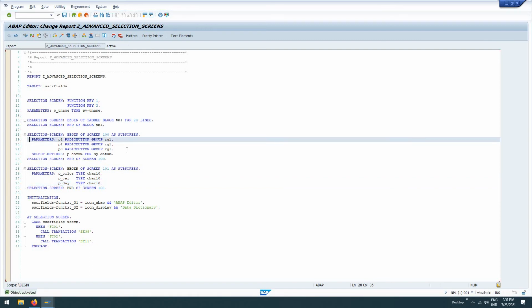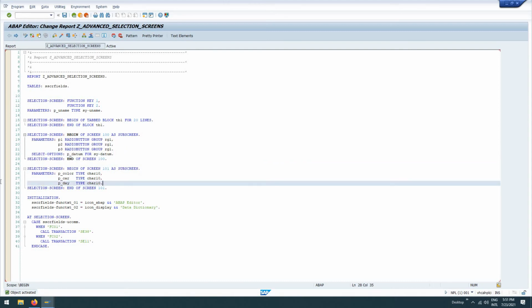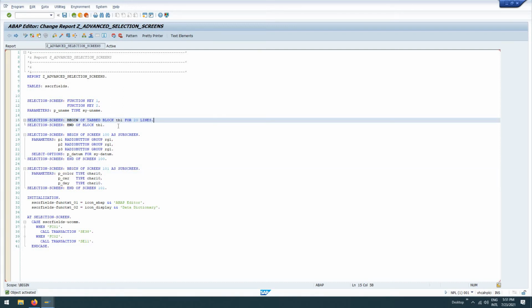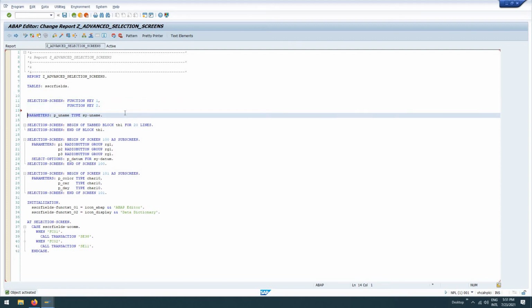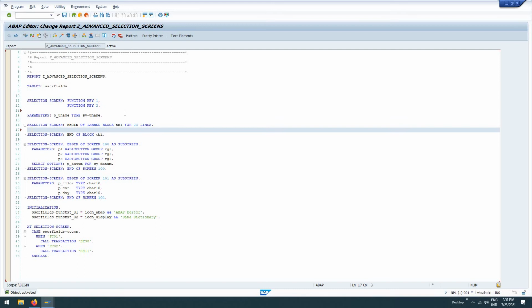One of them will have some radio buttons, and it'll have a selection for date. Then our second tab subscreen is going to have something for color, for a car, for a day, whatever variable you want in there, whatever parameter you desire. So now in our main selection screen, where is going to be the same screen where we also have this parameter here, PU name,